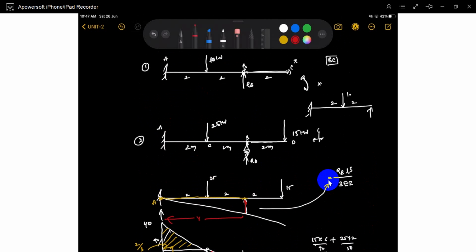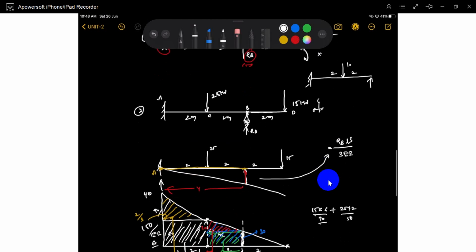And later you can also find out the slopes and deflection at any point. So no need to discuss the same problems again. I want to show you how to start the problem, how to find out the external reaction. Once you got the external reaction, nothing more than these are all simple. Once you got the RB, you can easily find out this moment, and later you can draw shear force and bending moment diagram, slopes and deflection.